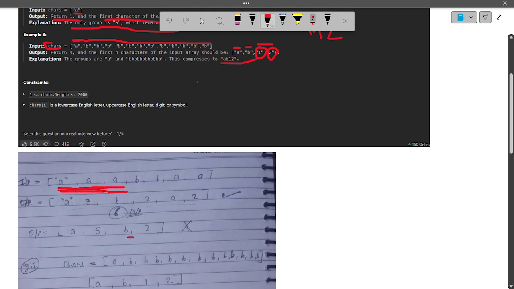You have to return the group length. Here the group is of length 3, so you have to write that element, then the length of the group. Here the group is of length 2, then you have to write the group element, then the element's length. Here the group length is 2, so you have to write the group element, then the group length. Okay,